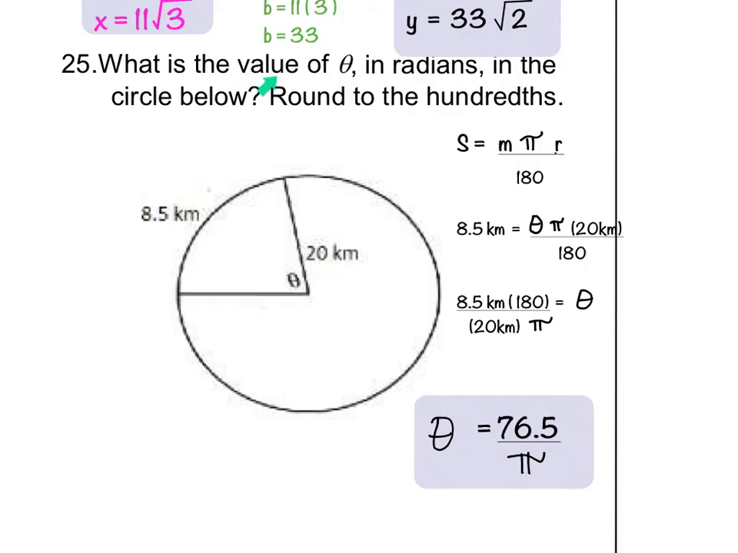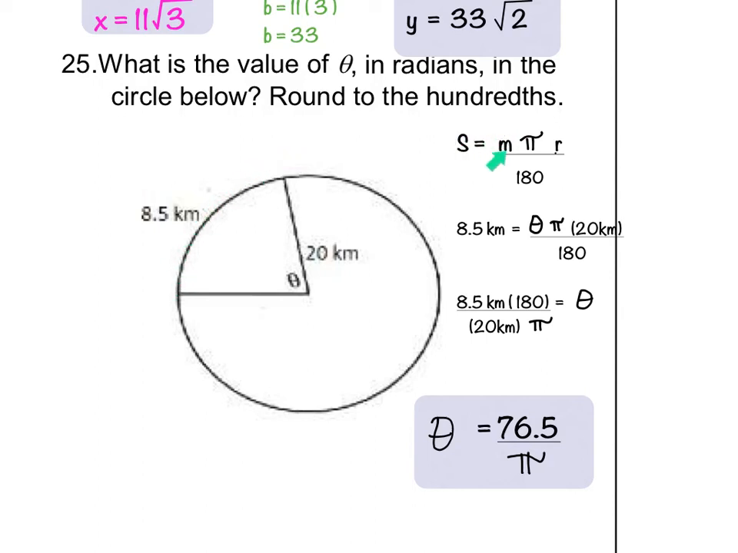On number 25, we need to find the value of theta in radians. So that means you need to have pi in your answer. In the circle below, they want us to round to the nearest hundredth. To find the arc length, which is 8.5 here in this case, the arc length of a circle is